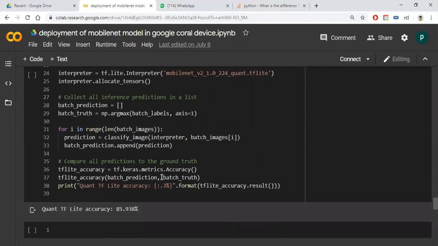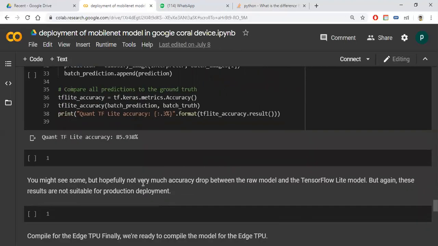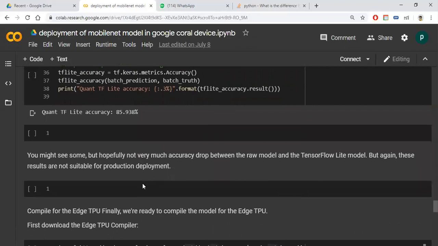So this is the accuracy. Up to this, we can do it normally for any problem.